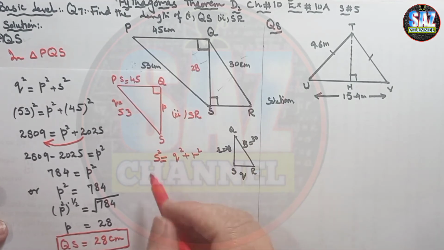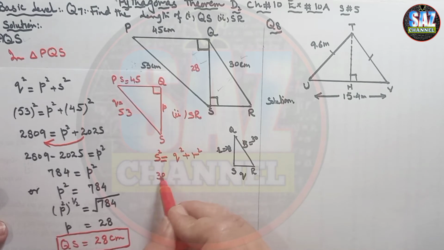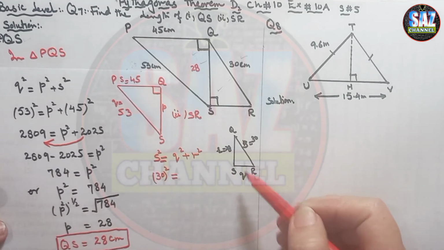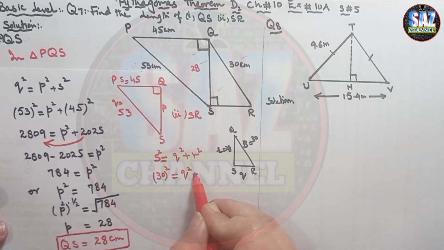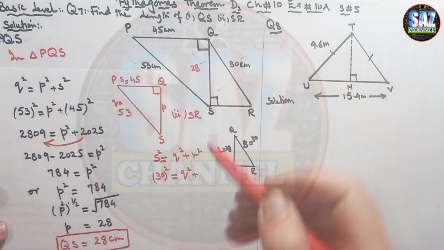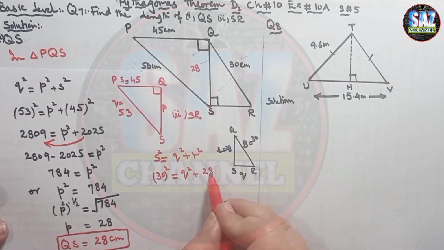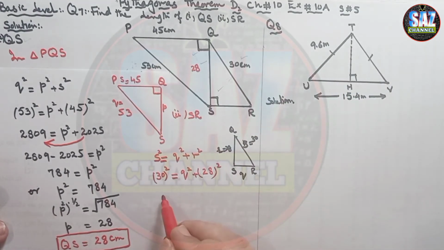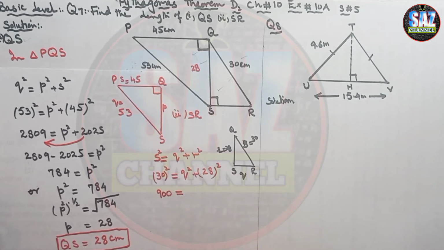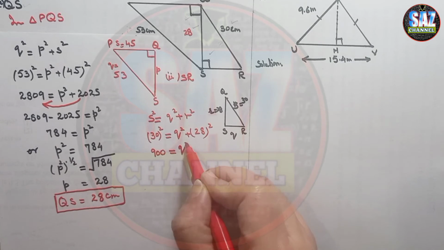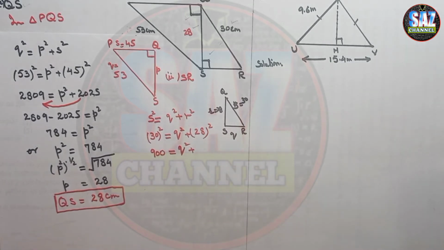Now S has the value 30 square, which will be equal to Q square, as we do not have the value of Q, plus R, which has the value 28 square. Now 30 square is 900, equals, now take the square of 28,